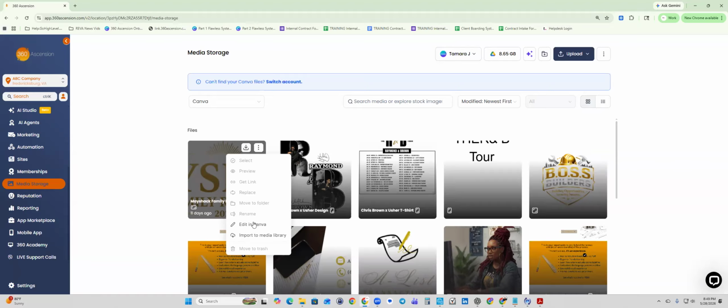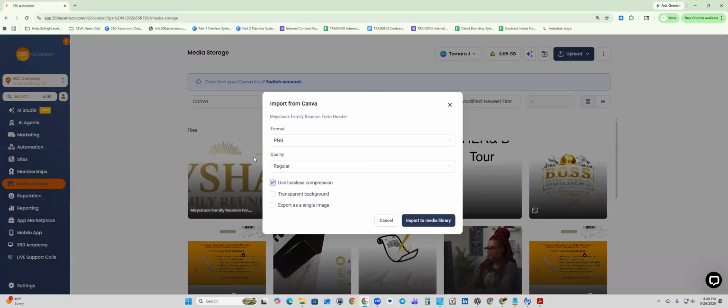Okay, so we can import this to media library here, and that will upload it to the My Media drop down option that we saw above that it automatically defaults to. So let's say I clicked on the import to media library,